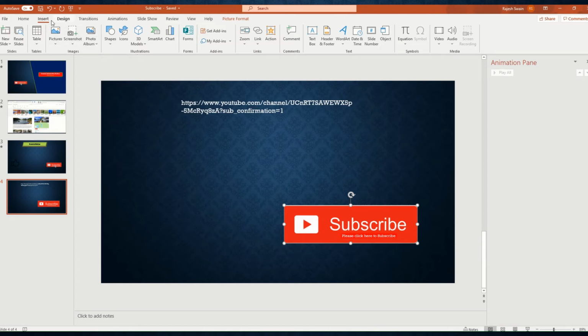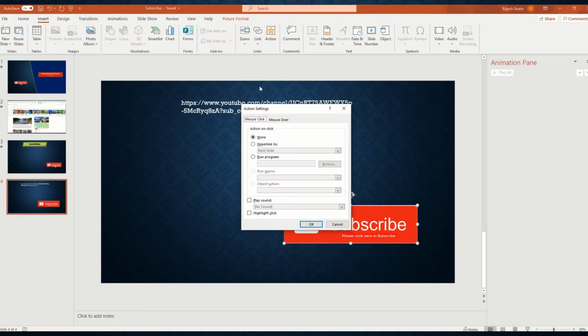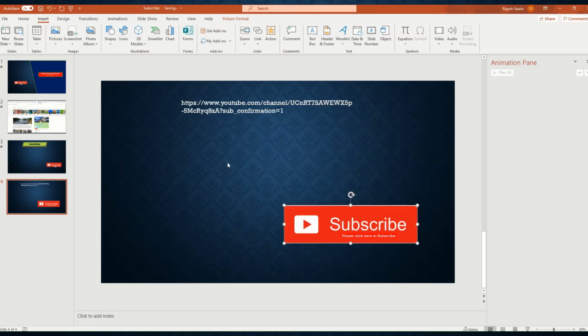Now same thing, insert, then action, mouse click, hyperlink, then we choose URL, then we give the URL, that is the subscription link. Now we have done. Now the action has been associated with this image.